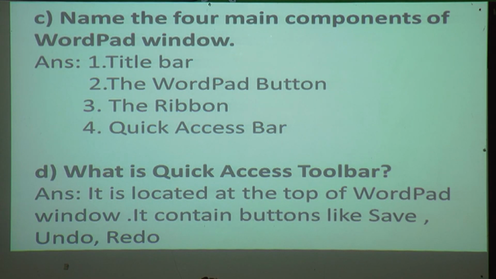Title bar, the WordPad button, the ribbon, quick access toolbar or bar. In book it is bar only. Quick access bar.